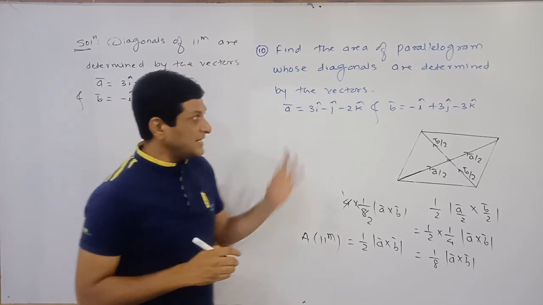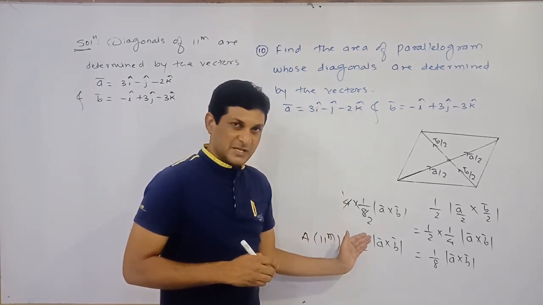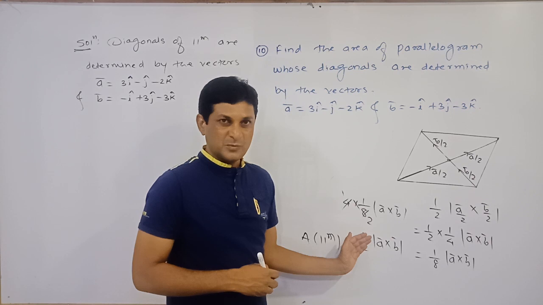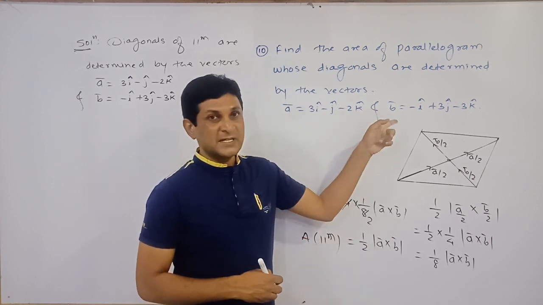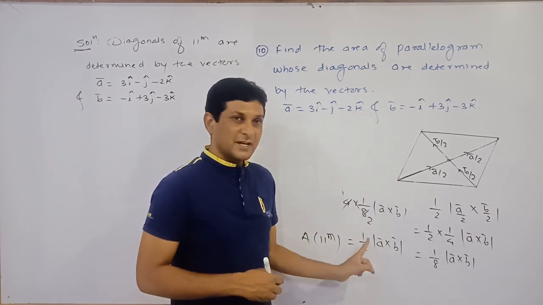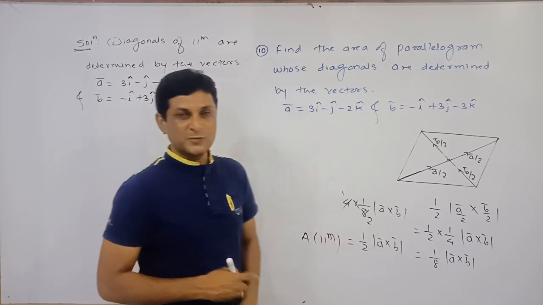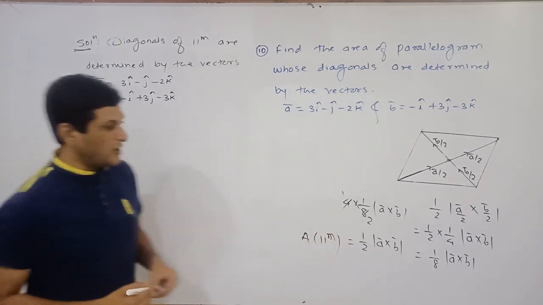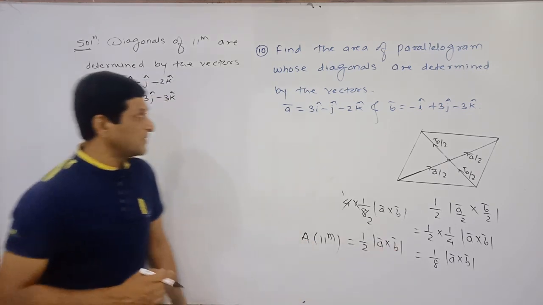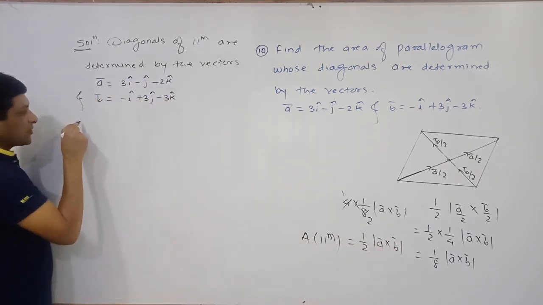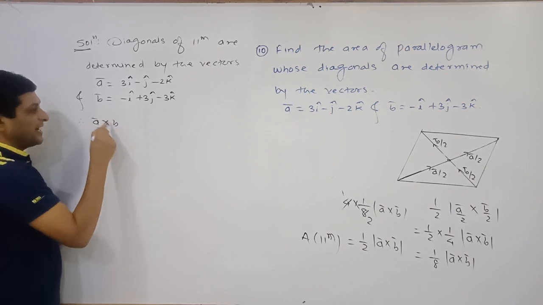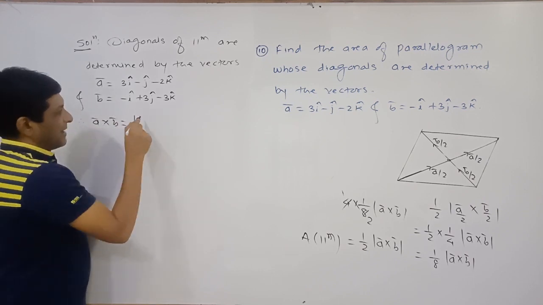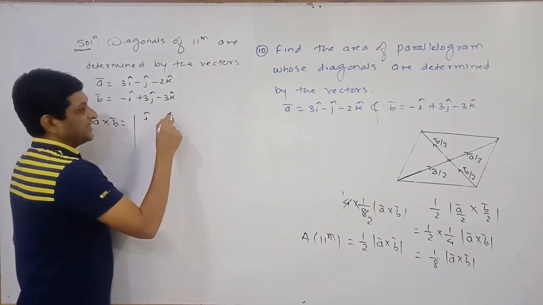Getting it? If sides are given, then the half does not appear here, only magnitude of A bar cross B bar. But if A bar and B bar represent diagonals, at that time what result are we getting? Half magnitude of A bar cross B bar to find the area of the parallelogram. So if you observe, this formula requires the cross product of A bar and B bar. So first find the cross product of A bar and B bar. Applying the determinant, we are finding